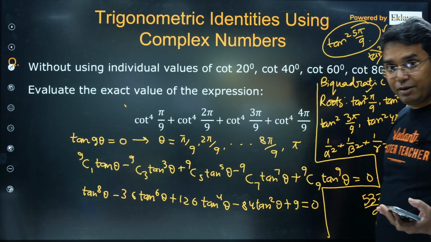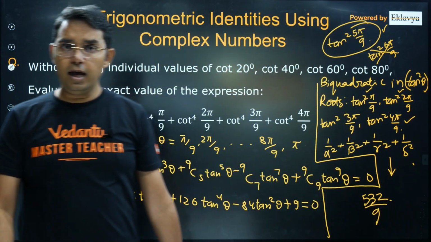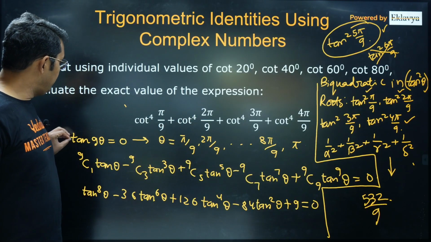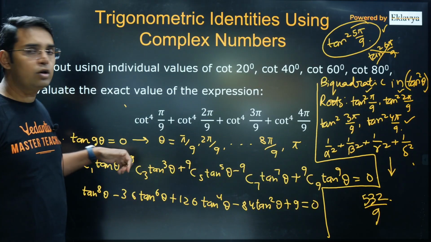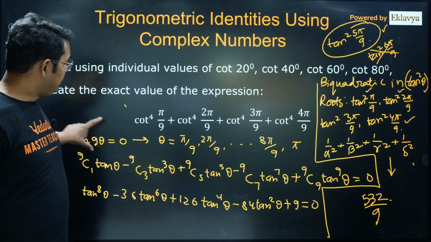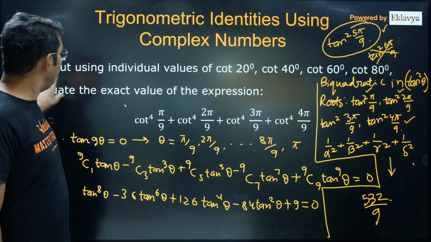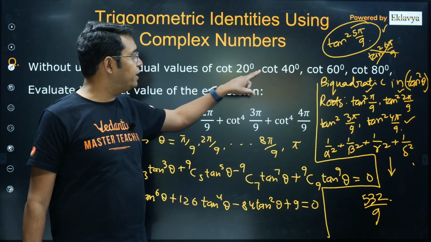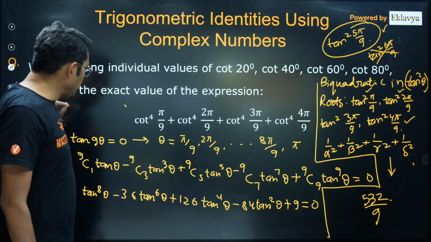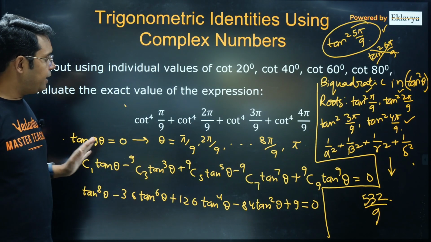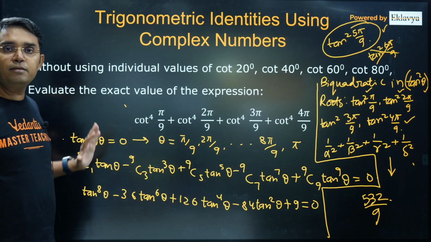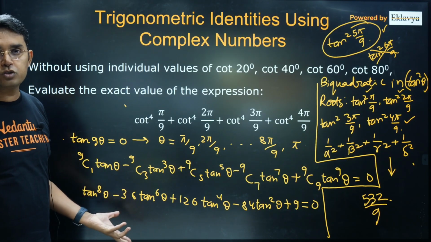There are other ways also, but most of the methods are having this kind of polynomial formation. You may do it with the help of tan 9 theta or some other way also, maybe tan 3 theta. But in most of the ways where you are not supposed to use the values of tan 20, cot 20, cot 40, it will be done that way only. Now if you do not know how tan 9 theta is coming, I think you will not get this idea of solving this, and I think that is a very efficient method of solving this question. Okay,